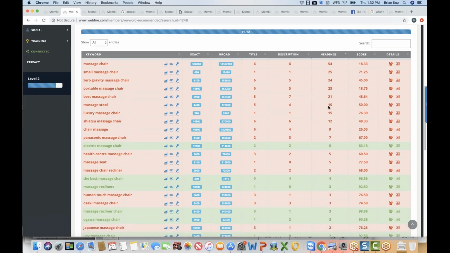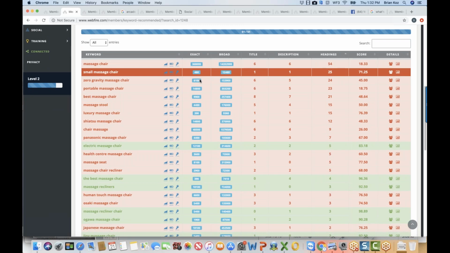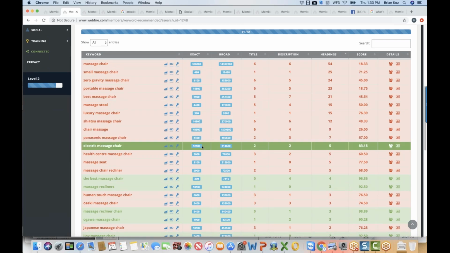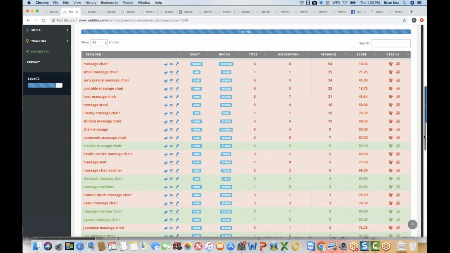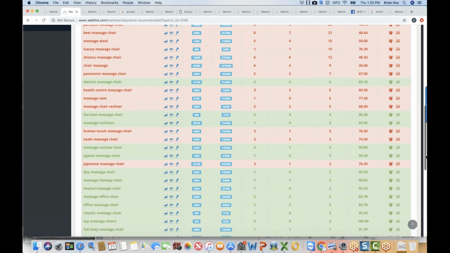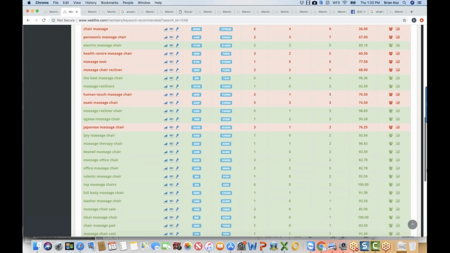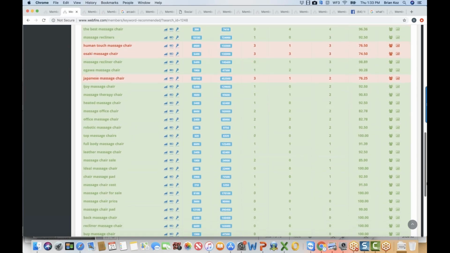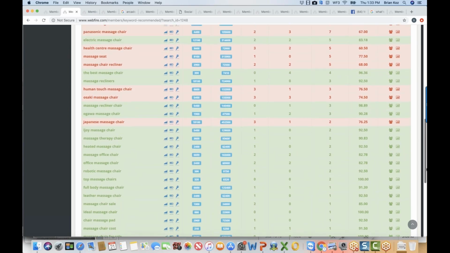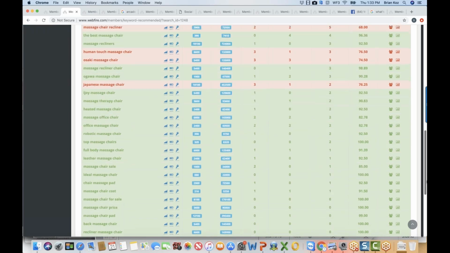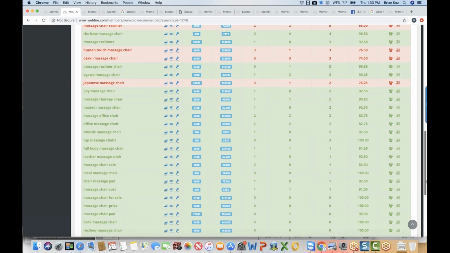So right here, we see the keyword in question. We see the estimated amount of monthly searches. Here's one that's pretty easy to rank for, with over 12,000 searches a month. Here's one with over 18,000 searches a month. You can just go through and see what's what. So the key is to find a good keyword that's in green, that not only has a decent amount of traffic, but might be a good buyer type term, because that would indicate that people are likely to buy it.